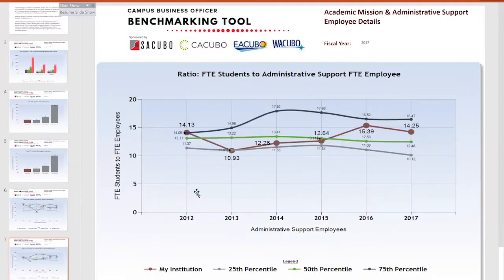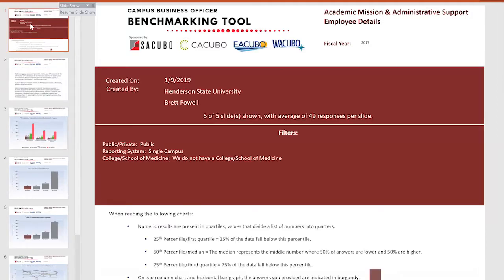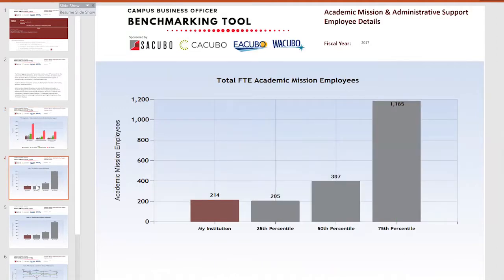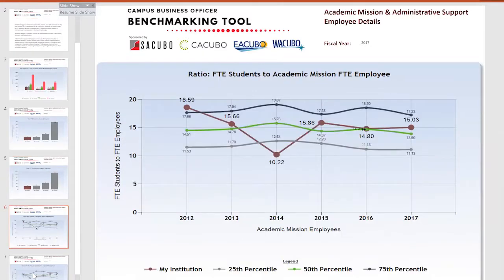And then this set of charts is similar, but this is employee counts. So this, again, is back to the quantity question rather than quality. So employees in academic mission, we're at the 25th percentile, so relatively low. Over time, what has that looked like? This 10.22 is probably a reporting error, I would guess. I wouldn't pay attention to that, but FTE students to FTE employees in the academic mission, it has been relatively